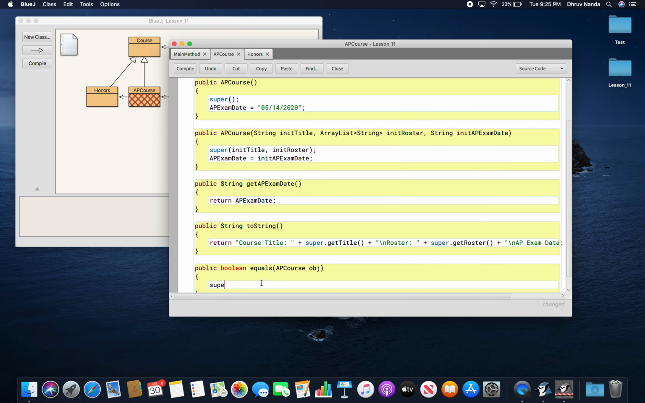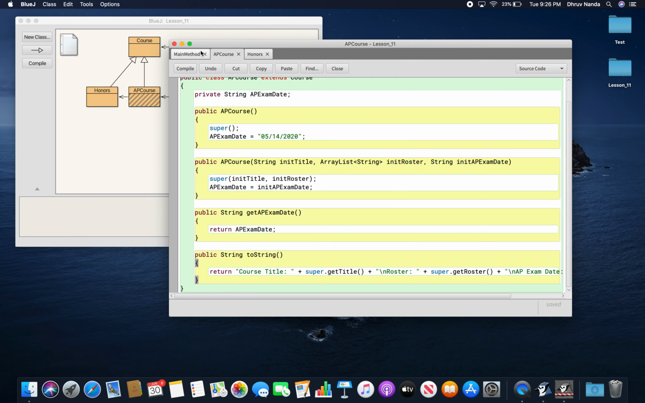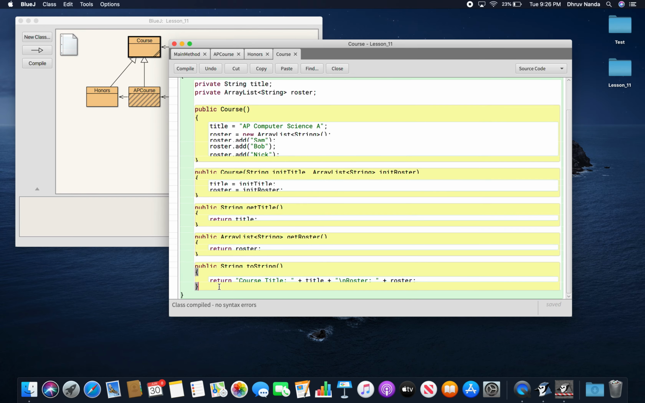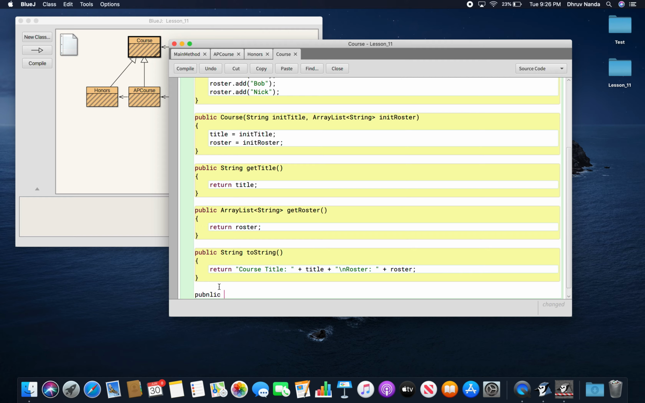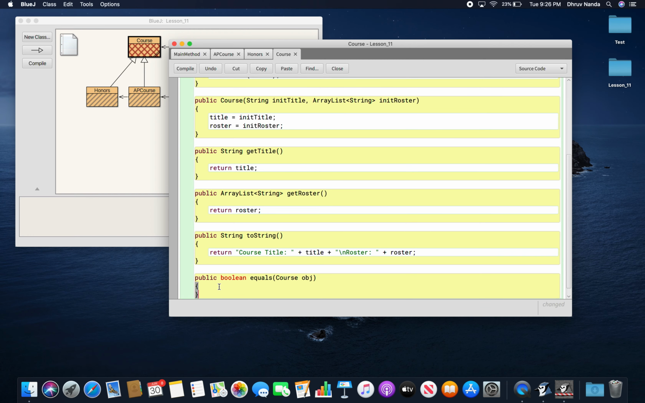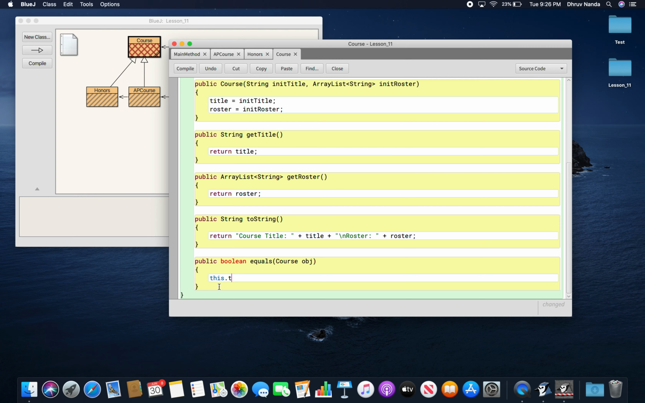Here, let me make this a little less complicated. We'll do it in a course that's not inheriting anything. So public boolean equals, and let's do Course obj. All we need to check is if this.title, or we can just do title, remember this isn't necessary, equals obj.getTitle(),